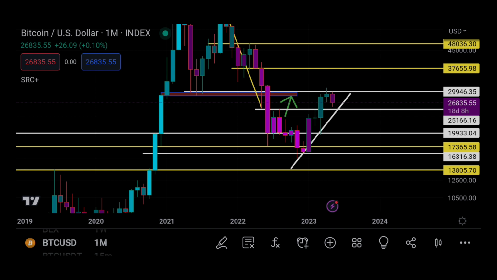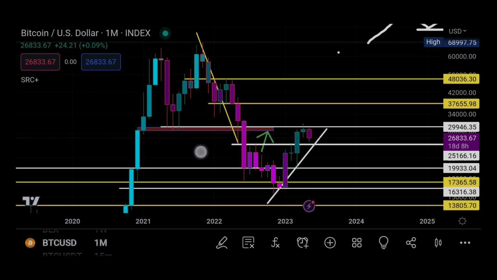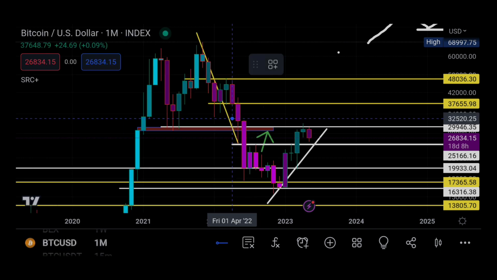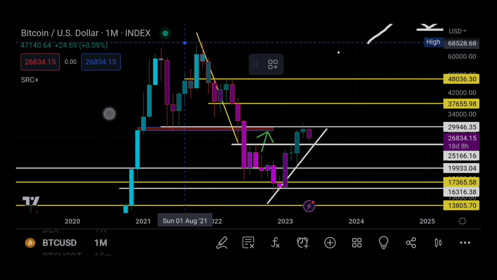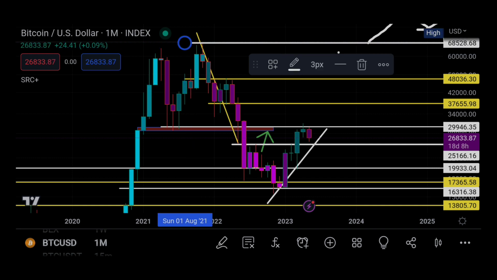So we've come to the zones, we've come to the levels. And when we do, it could take us a month, 2 months, 3, 4, 5, 6 months, heck, even probably more for us to start moving back up. But all I can say is once we go to those higher thresholds, the 37, 48, and XYZ, right? When we start going to these thresholds, that's when we could start to see new higher highs. Of course, there's one more threshold that I haven't put a line on because it wasn't necessary at that time, but I can put it on now, which is actually the previous high. So the previous market high is also a threshold that we must look at and we must beat in order to create a new higher high. So that's how I'm looking at this.